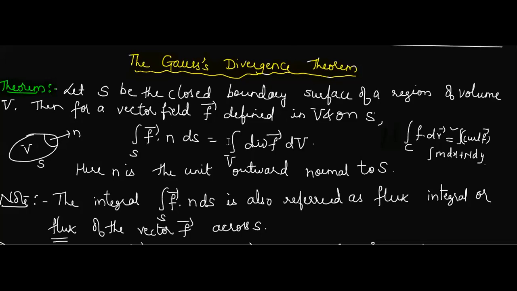There are some examples where they have not mentioned the theorem name. But how to identify that it is Gauss divergence theorem? If integration is carried out over a surface S, it has to be taken as divergence of F dV. Now, do you remember whenever you dealt with volume, how many dimensions you have taken? 3 dimensions, isn't it? So you have to remember that this integration is converted into triple integration.